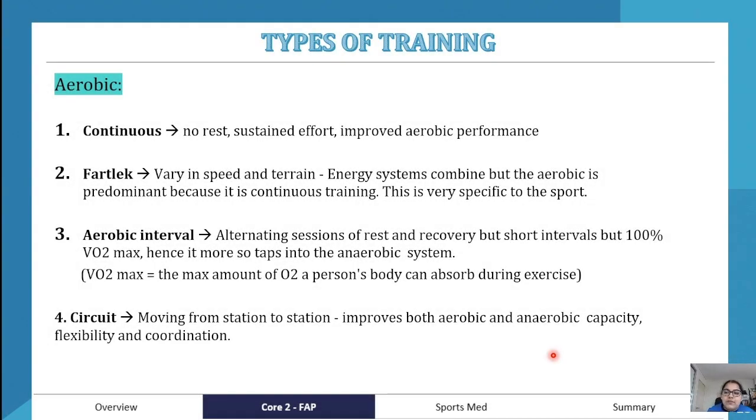So the types of training. So that's the energy systems now. Let's have a look at the types of training. There are 4 types of aerobic training. Now you need to know each one. So there are 4 types of aerobic training that we're looking at, and 1 type of anaerobic training that we